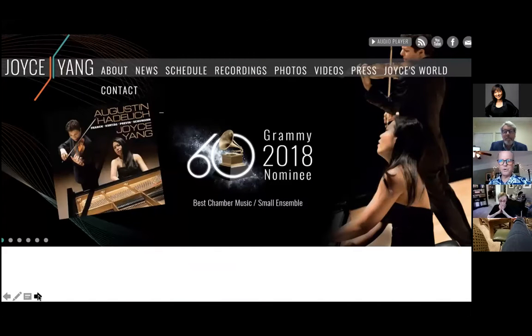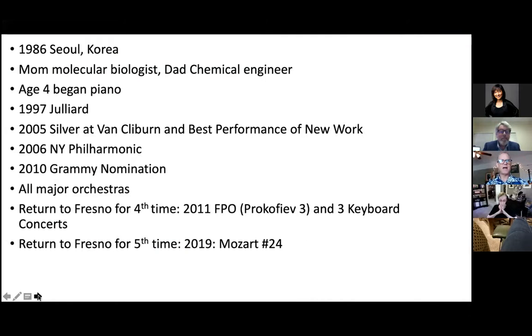So now let's move to our special guest, Joyce Yang, who's been to the Fresno Philharmonic many times, and we're happy to have her back. She was born in Seoul, Korea. I think it's fascinating. Her mom was a molecular biologist and her dad was a chemical engineer. She started piano at 4, went to Juilliard, won the silver at Van Cliburn, has done all of these wonderful things, and now she's returning for her 5th performance. No, she had her 5th performance in 2019 with the Mozart. So I guess this is the 6th